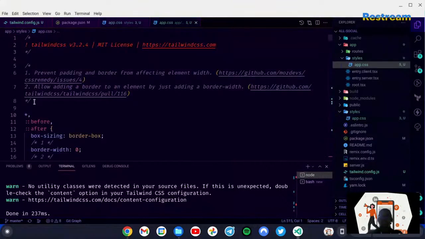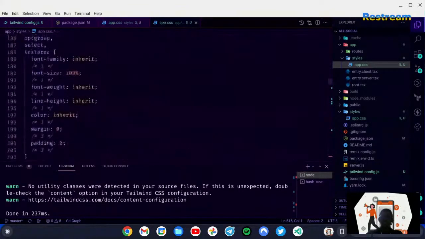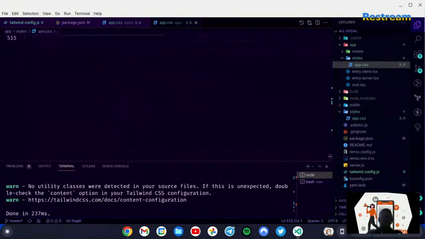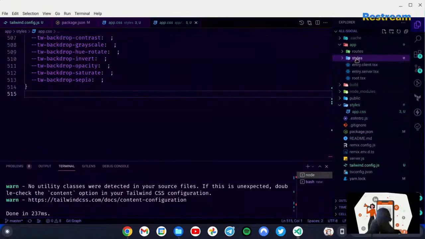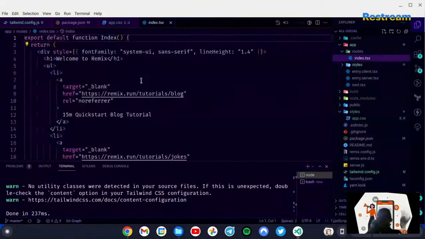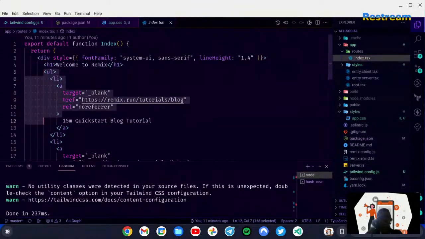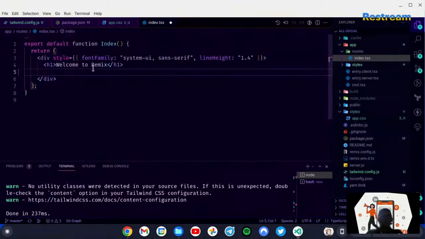So if you look here now, you should be able to see that these are all base classes, so they are resetting the CSS. And yeah, if we add any classes at all, then they will follow right here. Okay, so should that be it? Let me reset the homepage styling. Because the homepage styling, I don't think there's even any styling at all. Yeah, so let's see, just welcome to